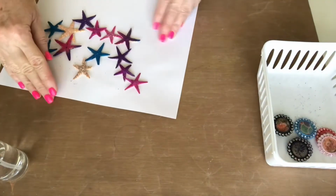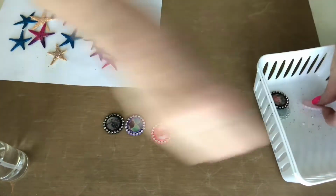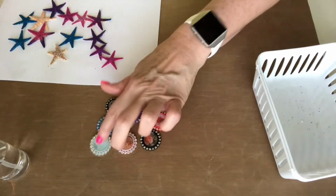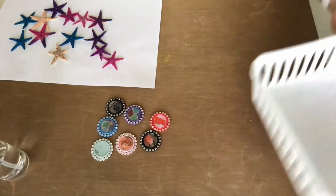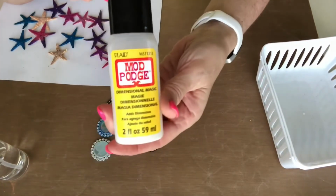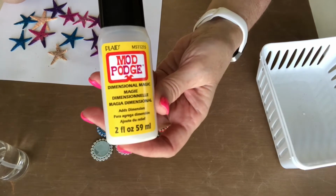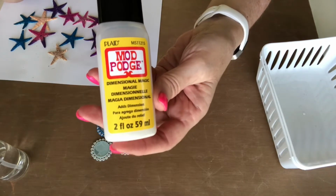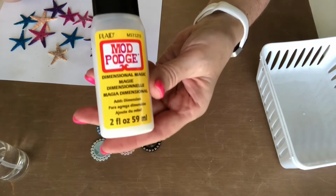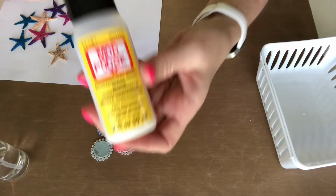And then another thing I've been working on are these blinged out bottle caps. And what I used on top, instead of using, oh my God, Glossy Accents, was I went and bought this stuff. I was watching another YouTube channel. It's Jen. I think it's Strawberry Cream 39 or something like that. I'm so sorry, I've forgotten the name of her channel. Well, I've forgotten the numbers at the end, but she was talking about using this, and so